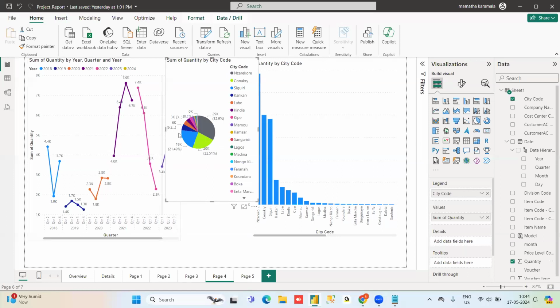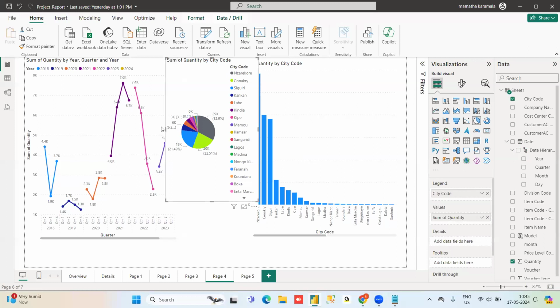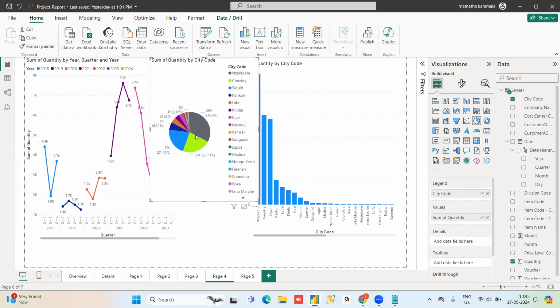I am not saying you cannot do it, but if you have limited categories, the contribution around 5-6 or 10, then slices you can easily see, otherwise it is a bit clumsy. I hope you are understanding.